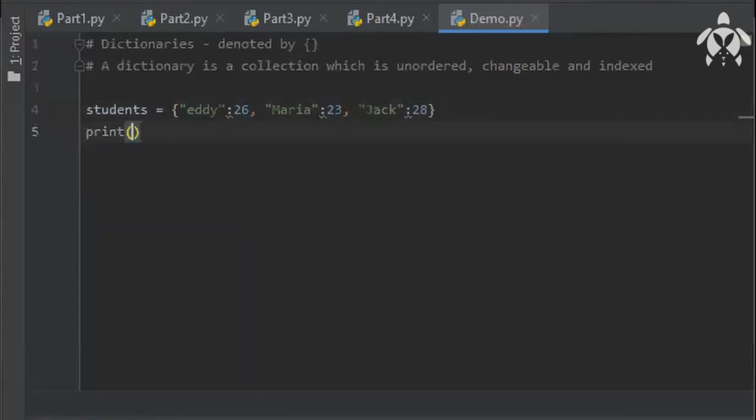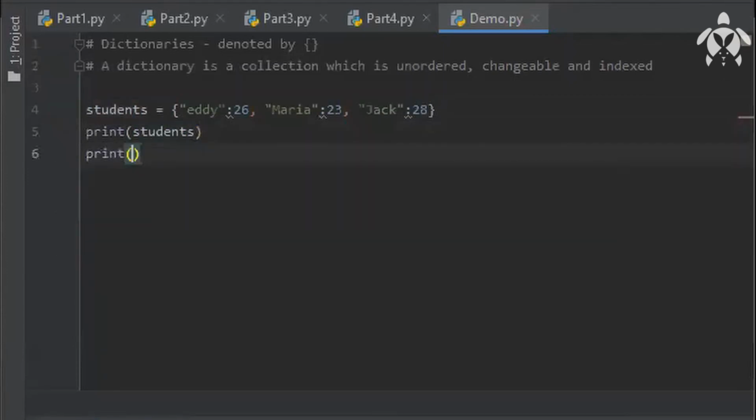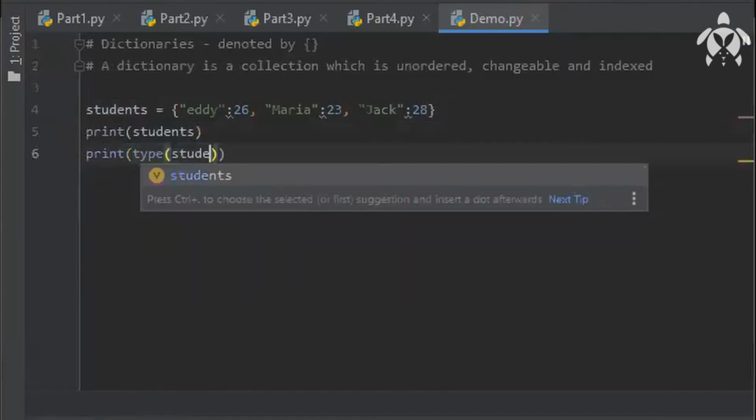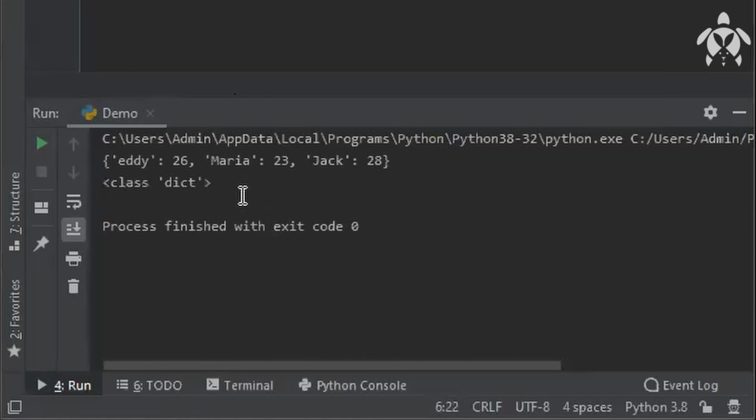So if you print student, and print the type of student, and run the program, you can see the class is dict, a dictionary now.